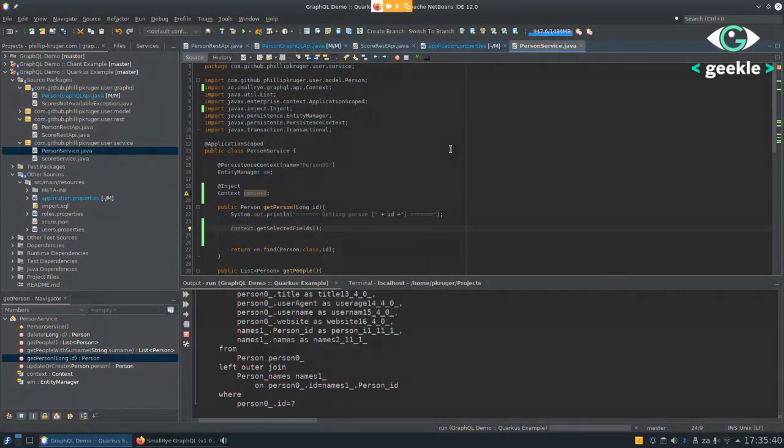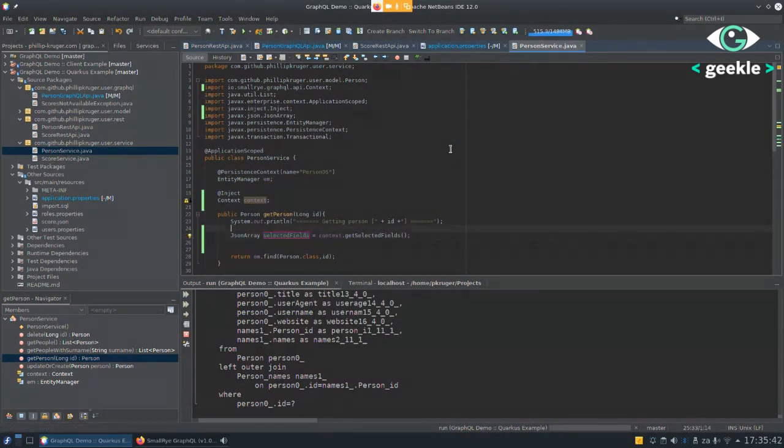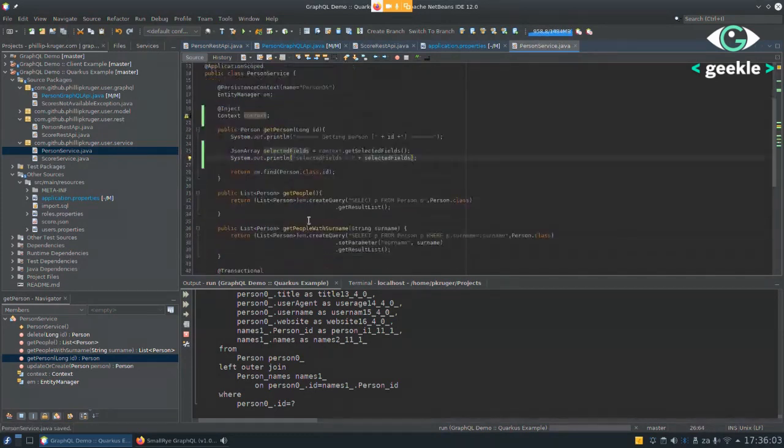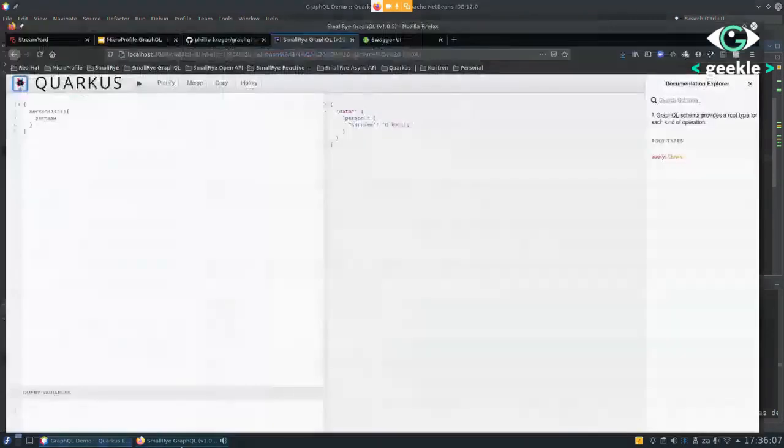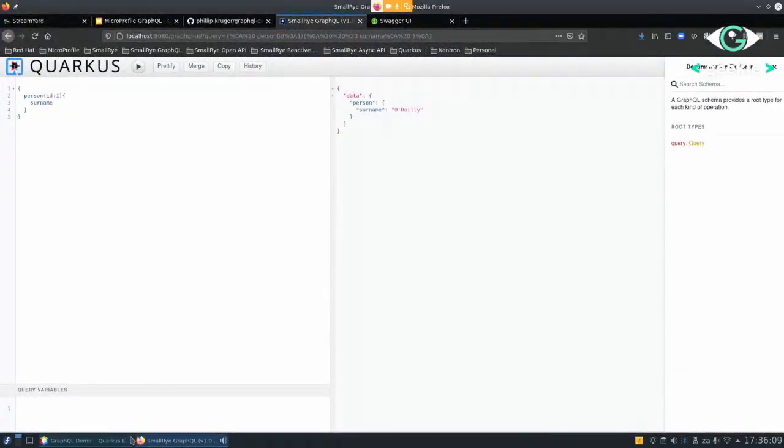We are interested to see what did this person ask for. And so I'm just going to print it out so that we can see what it is. So let's do selected fields equals and selected fields. Right. So obviously using this, then you can build a better query to pass in here. So let's see if this works. If I query this again,